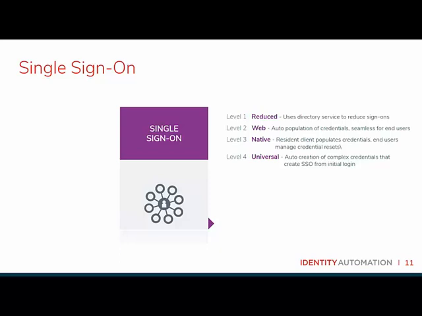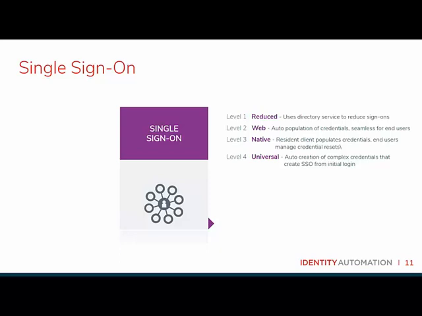But this level also includes web single sign-on to applications that don't necessarily support federation, right? And there are other techniques available to dynamically and securely, of course, pass user credentials from an authoritative source to an application during the login process. Now, level 3 extends that capability to non-web applications, typically Windows client applications, maybe virtual desktops.